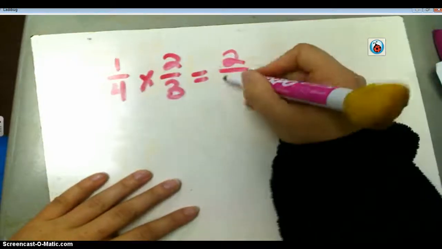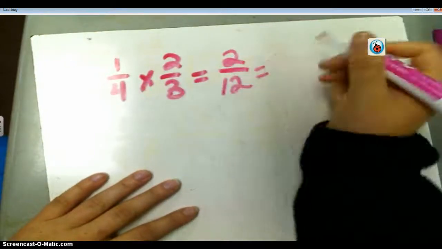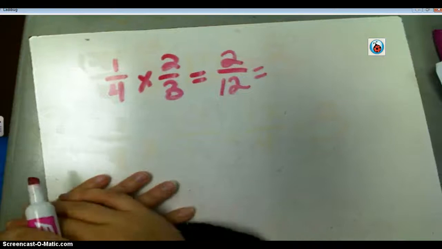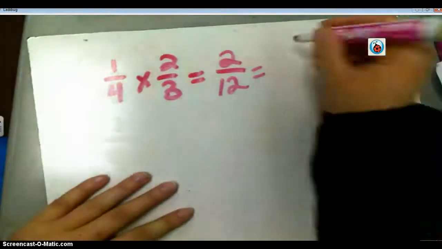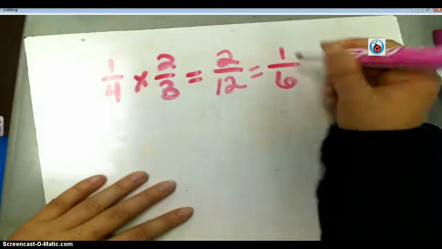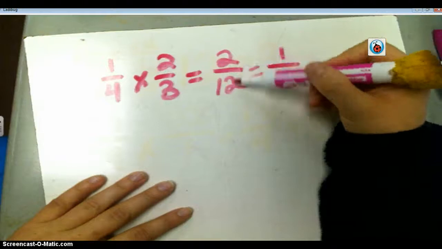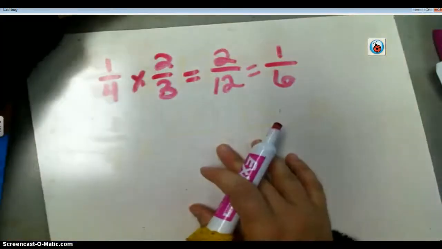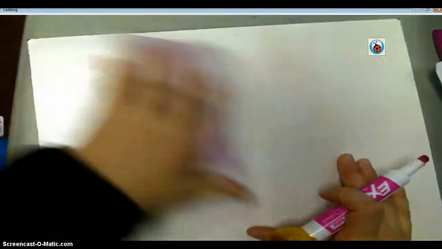4 times 3 is 12. This reduces. 2/12 reduces to 1/6, because I divided both by 2, and I got 1/6. This is so easy. So that's all we do. So if I gave you the problem,